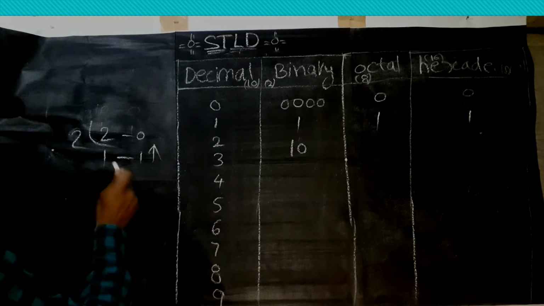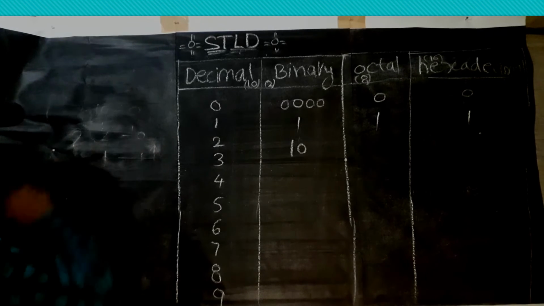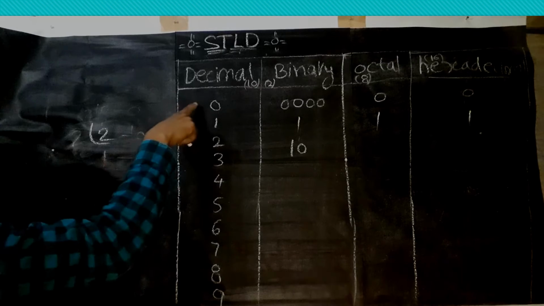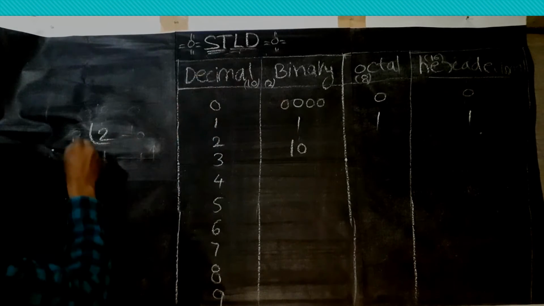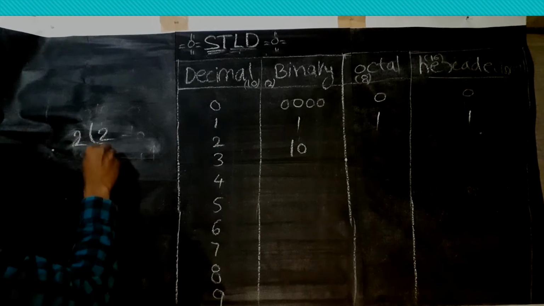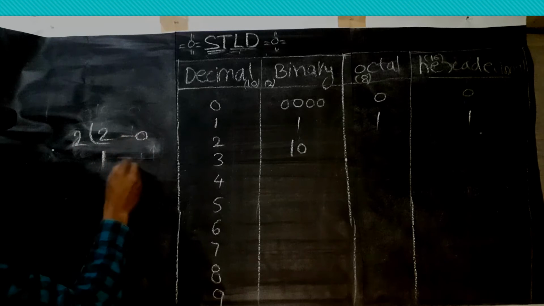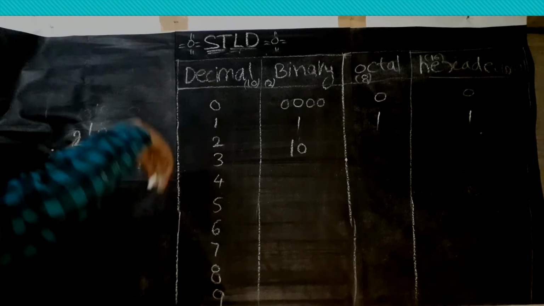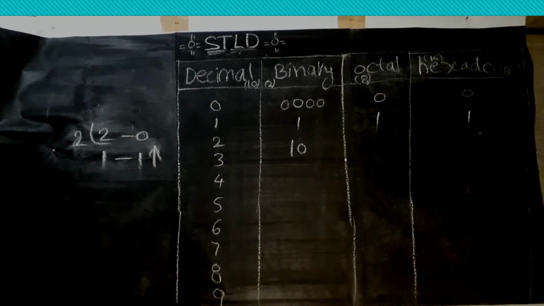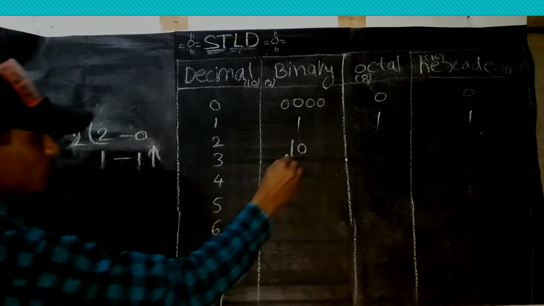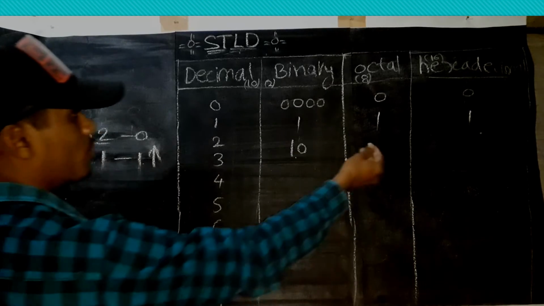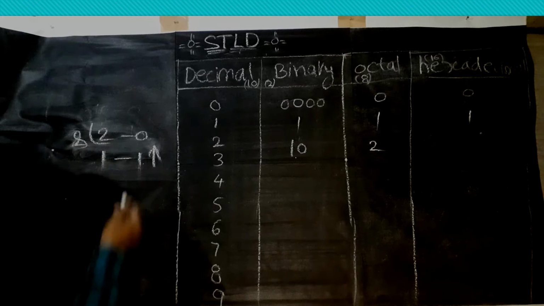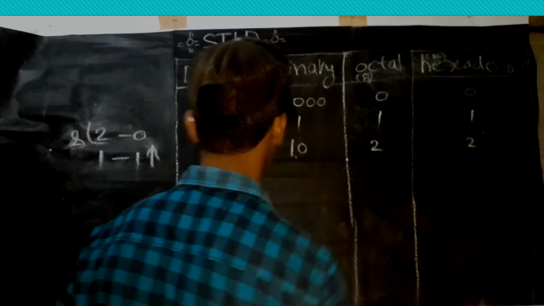Have you understood? Here 2 is a binary number. This one number is 2. Divide with the binary number 2. 2 ones are 2. The value is 0, and 1 is the carry toward the upward direction. Okay. The value is 1, 0. The octal number system is 2, because you cannot divide with 8. Now also it's 2.